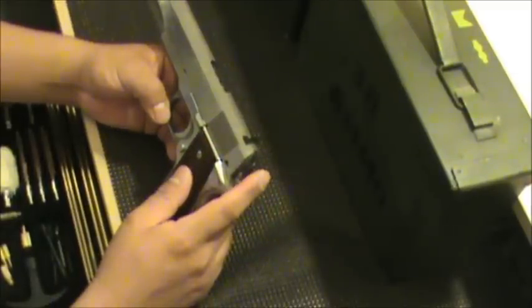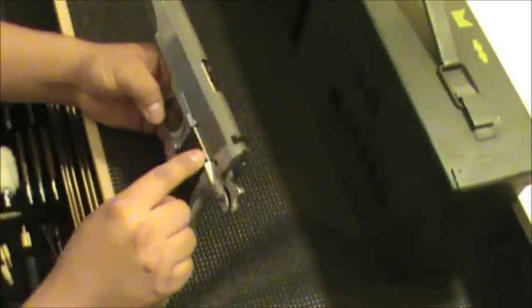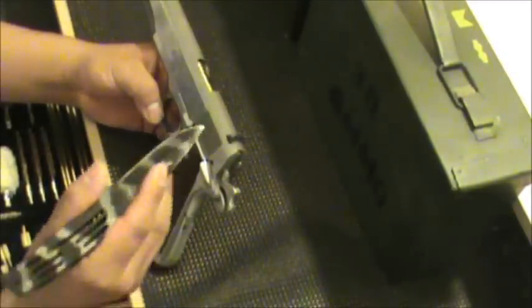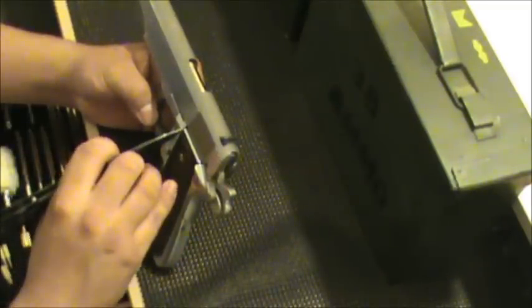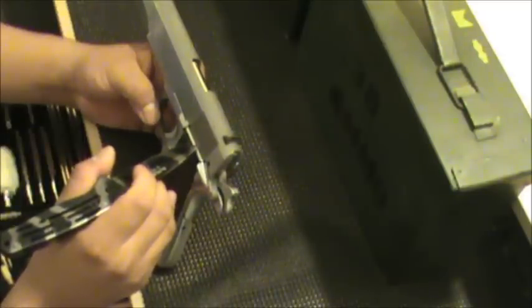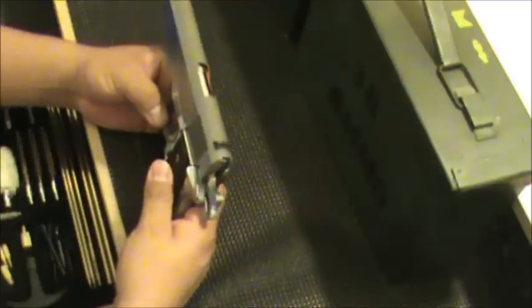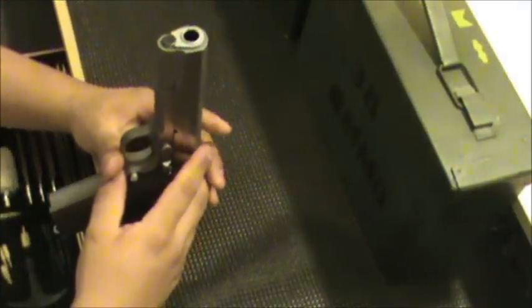And this is the slide stop. Now, this little rod right here has a tension spring in it and a pin which keeps it securely locked in place so it doesn't pop out or fall out. This is called the plunger tube. Like I said, I don't know why they call it the plunger tube, they just do. So anyway, the very first thing you want to do